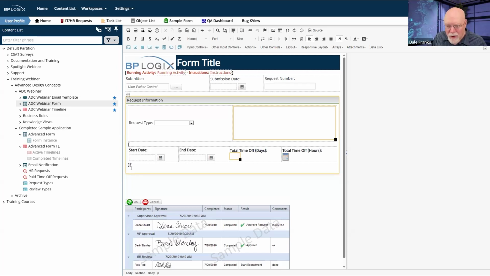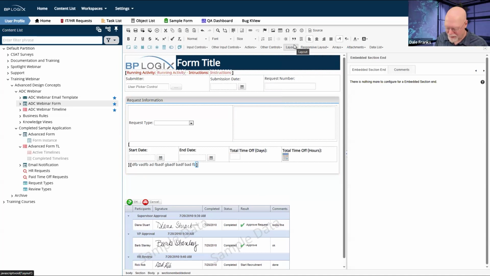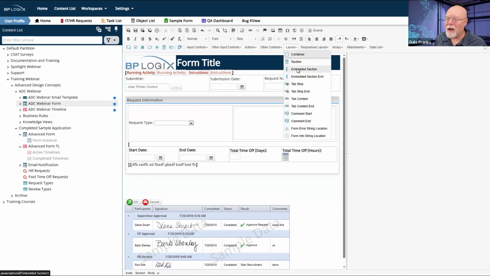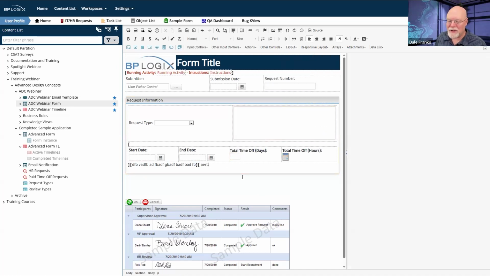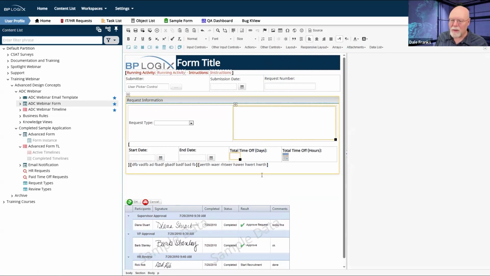It's a little confusing if you design it this way, where I have this section here, and then I decide I'm going to end that section. So there's an embedded section end, and then I'm immediately going to go in and throw in another embedded section and throw in some text there. And again, put in my embedded section end right there. I've got a leading space, which I probably would want to get rid of. So it looks kind of odd.